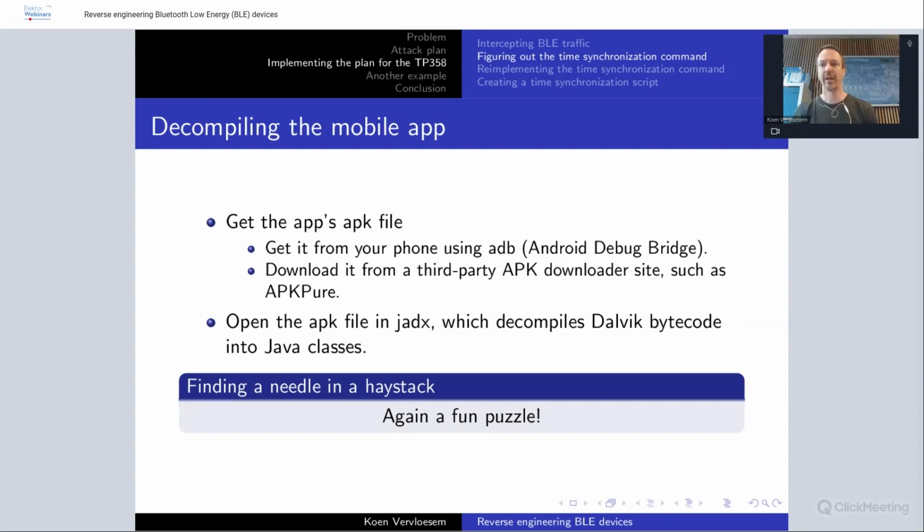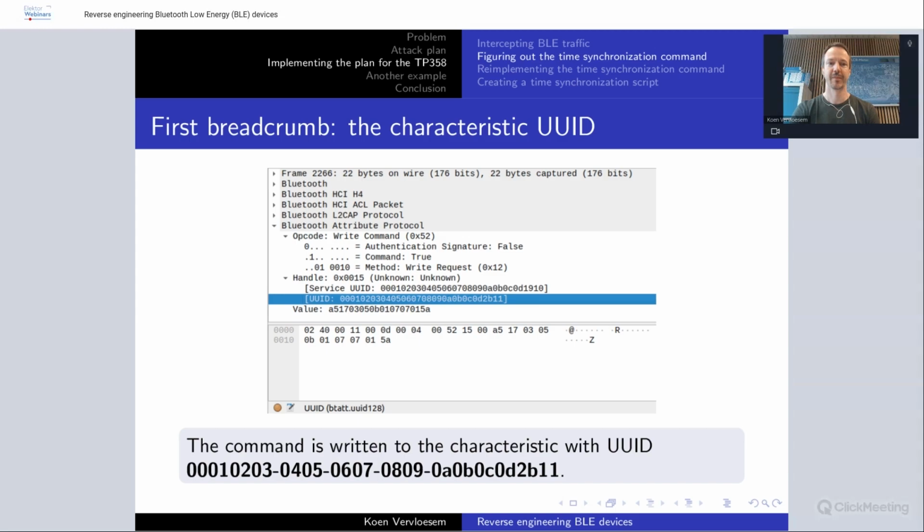But why didn't I do this first? Because this is an even bigger haystack. You get a lot of code, and inside this code is just one small piece of code that sends this write request, this synchronization command. So this is again finding a needle in a haystack. It's again a fun puzzle, but I didn't want to start with this because it's really not always easy to find the right code in this big pile of code. So